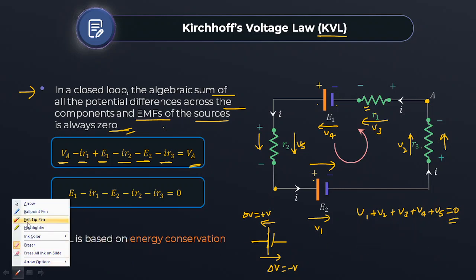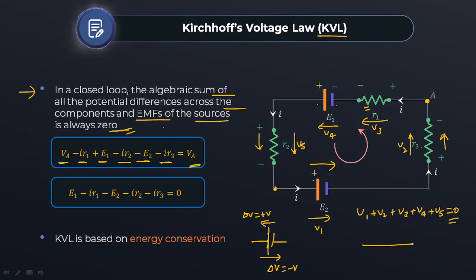If we cross the resistor in the direction of flow of current, suppose this is a resistor and current is flowing in this direction, and we cross in the same direction, current is flowing from higher towards lower potential, right? So in this case delta V will be equal to minus IR. Potential will drop. If we cross in the opposite direction, delta V will be equal to plus IR. This was lower potential, this is higher potential, so delta V will be positive. In the other case, it will be negative. Simple. So we will keep this in mind.